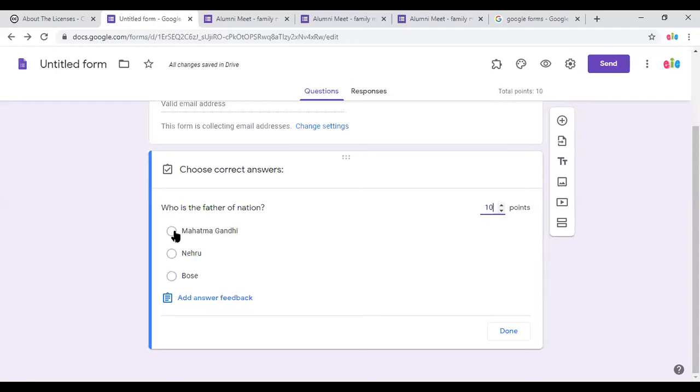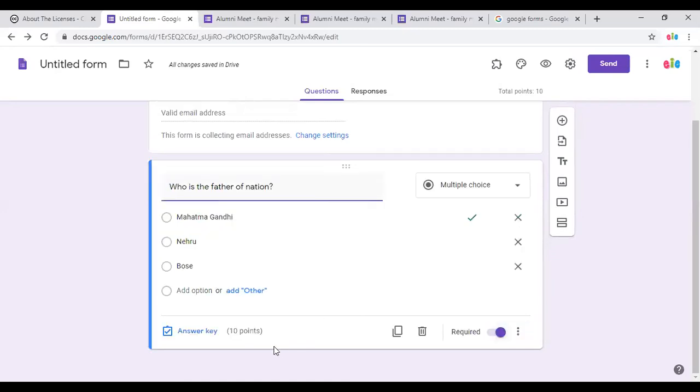So which is the correct answer? I can give the correct answer. Even you can add a feedback to the question. You can add a small note about Gandhi, why the other option is wrong. You can give feedback for each and every answer. Thereby, it will be more helpful for the student. When you are designing questions for your own subject, it will be very interactive for the student. Why is this answer wrong? Why is it not correct? You can give facts for each and every option.